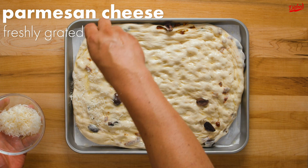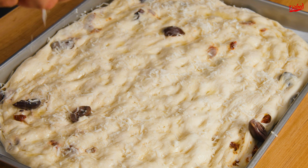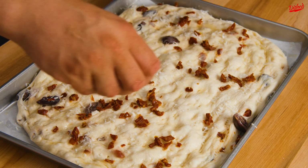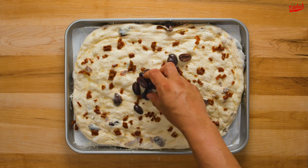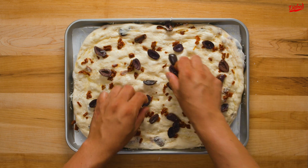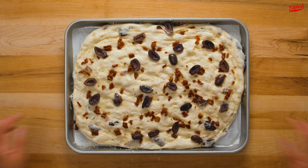We went with some freshly grated Parmesan cheese. Now of course, freshly grated quality Parmesan is going to be the best, but I'm also not going to judge you if you buy pre-grated. I know how expensive Parmesan can be, and also you're the one eating it, not me, so do whatever you want. We also added more of the chopped sun-dried tomatoes and Kalamata olives. We ended up using about 1 cup of each, but if you ask me, you can never have too many olives. Finally, we topped the